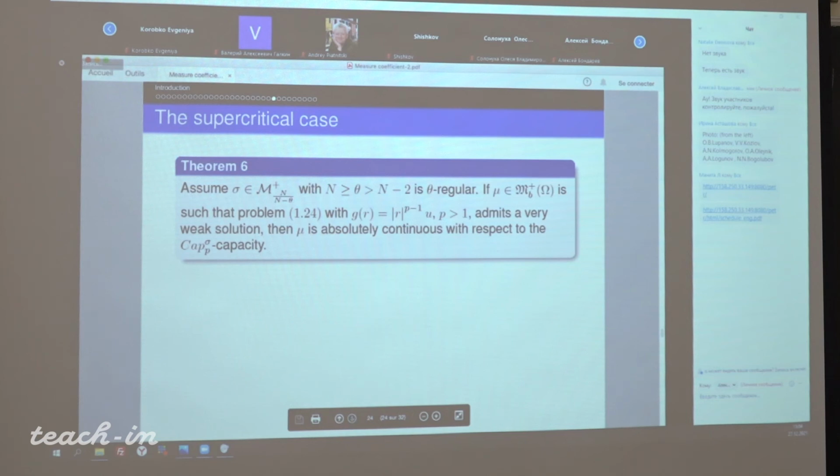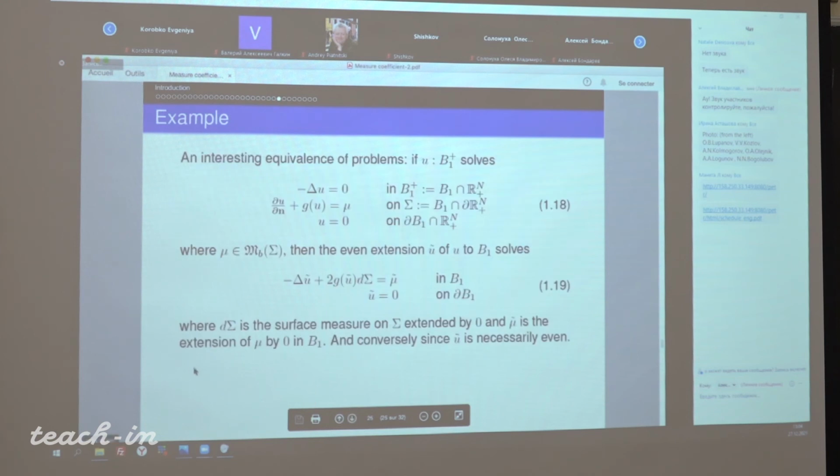Okay, these are essentially the results that I have, and I would like to discuss some applications, because there are many applications which are very interesting. Okay, first observation is the following. You look at